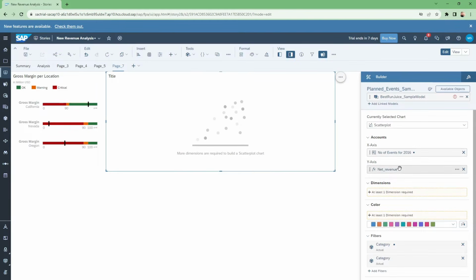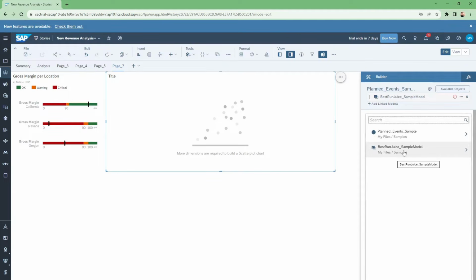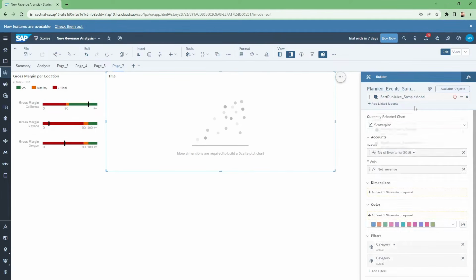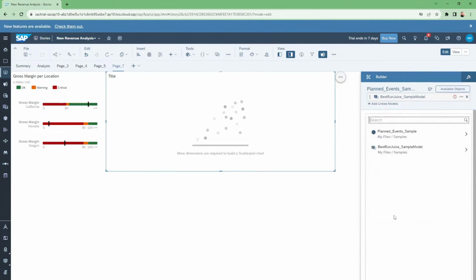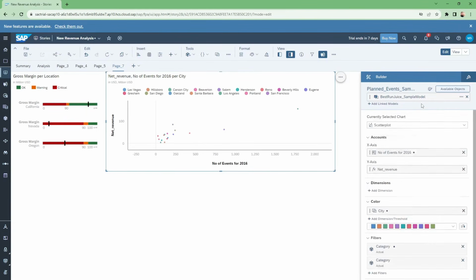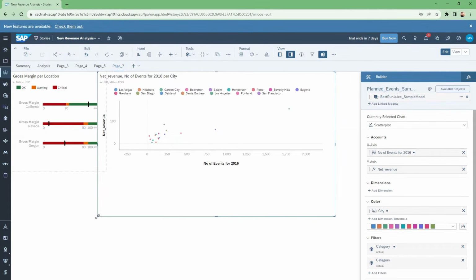As I selected net revenue at the y-axis, and at the x-axis I select number of events that belong to the planned event sample model. So after this, I have to select the color, and for the color I have to select the city. Oh sorry, the city is present in another model, so let's go back. Let's click on the planned event sample model and then select the city as the source of the color dimension. Now as you are seeing, our chart is displaying very